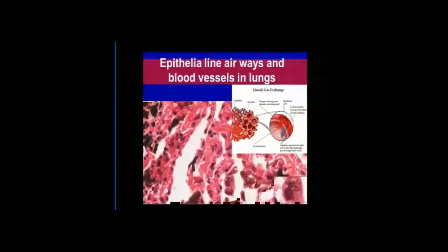So here we can see epithelium actually line the lungs. The air spaces in the lungs have epithelial cells lining them. Also in the upper right-hand side, the pink, we see blood vessels. You can see the red blood cells going through. Those are endothelial cells that line